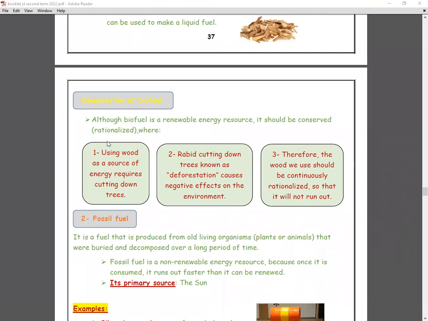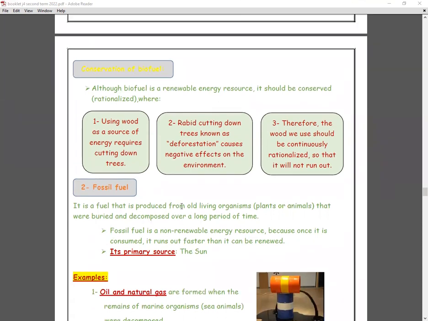Now, we start to know that biofuel is available for sure, but its use also has to be rationalized, or decreased, or conserved, which means that we have to put specific rules. Why? Because biofuel comes from the trees, but you have to know that these trees need some years to grow and to reach maximum height and so on. Okay, so